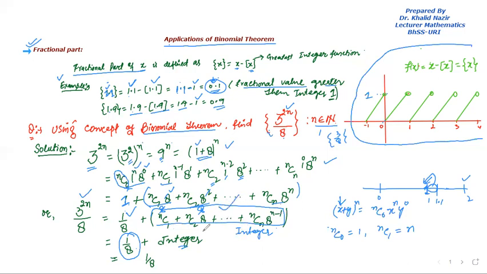This is the nearest integer, right? So the fractional value of 3 raised to the power 2n divided by 8 is equal to 1 by 8, right? Now let's move to another